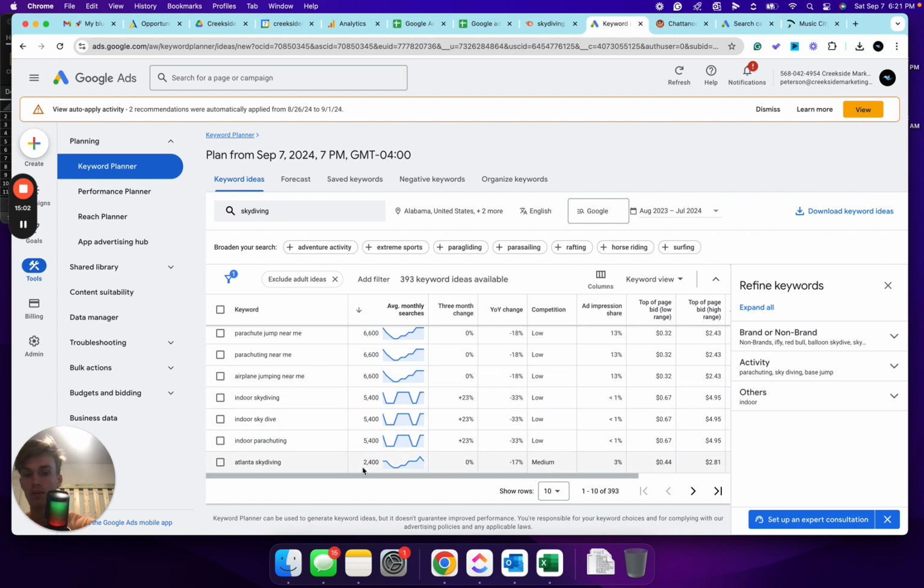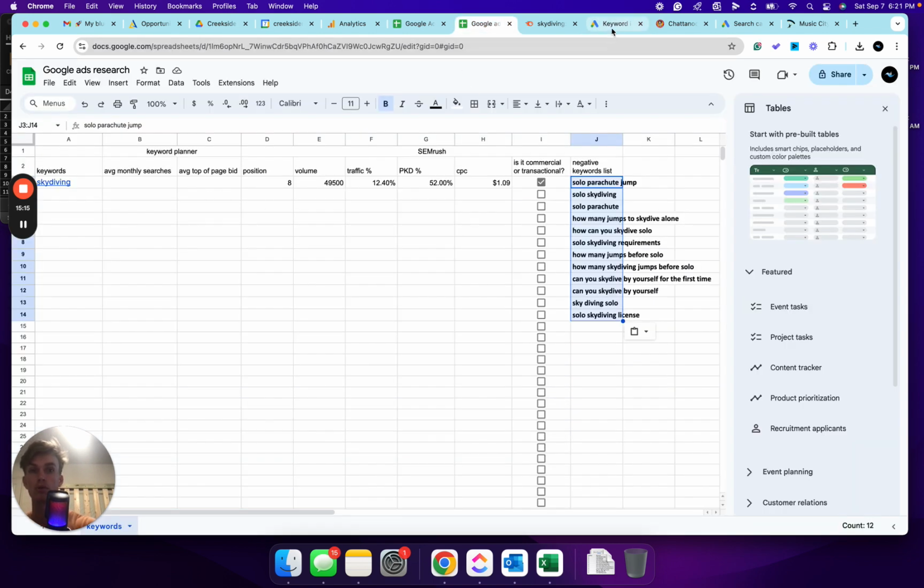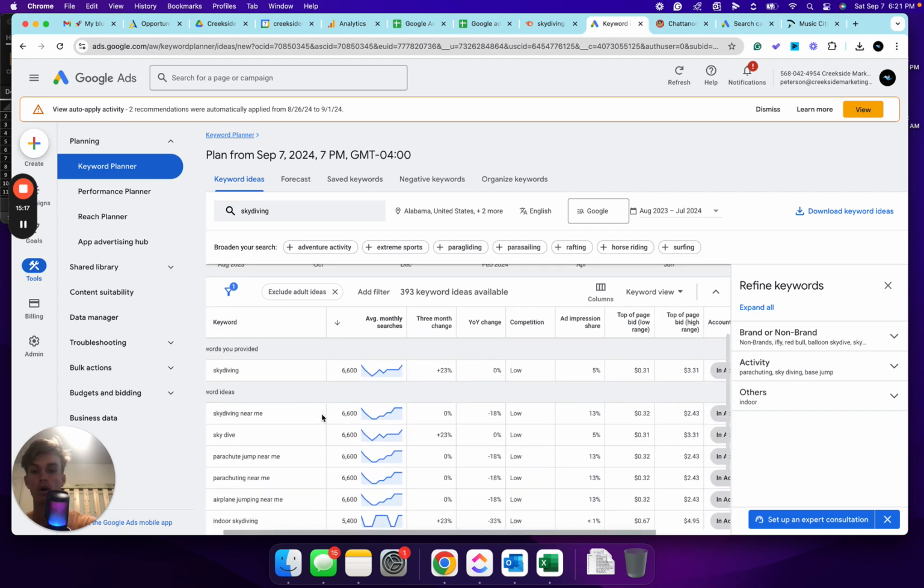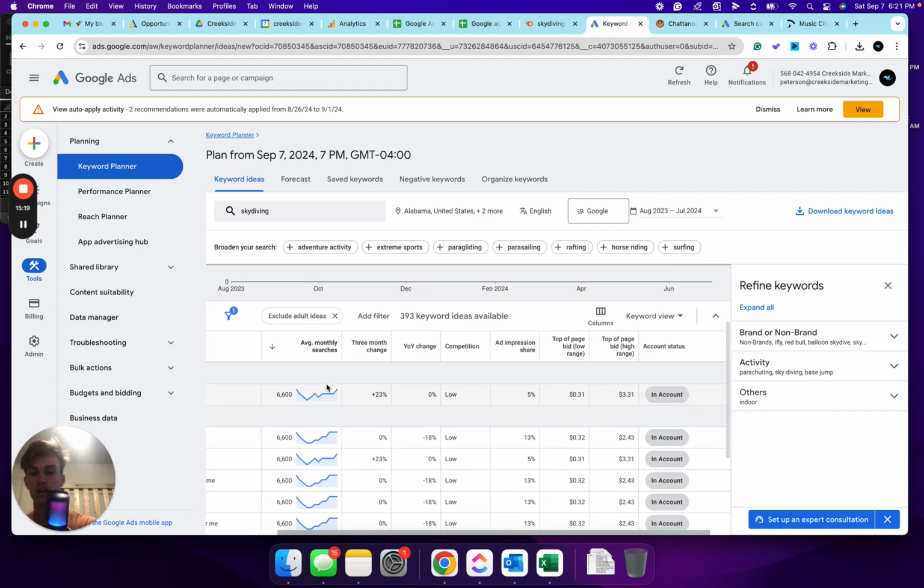But the next one up would probably be Atlanta skydiving as one of our keywords to try. But this is a whole separate problem to deal with when it comes to actually generating more keyword ideas. I'm just showing you how to fill out our spreadsheet appropriately. So once we have skydiving typed in, we can now see that its average monthly searches is 6,600 according to